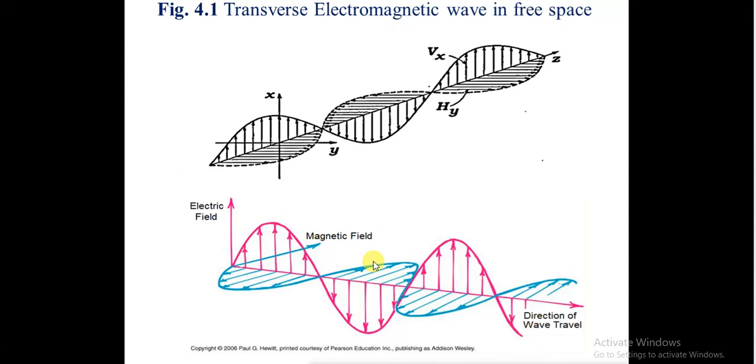So why is it called a transverse electromagnetic field? Because the magnetic field, the electric field, and the direction of the propagation of the wave, here in this black and white diagram, z is the direction of the propagation of the wave. All three components are mutually perpendicular to each other, as the electric field, the magnetic field, and the direction of the wave propagation are mutually perpendicular to each other. Hence, the name is given transverse electromagnetic wave.